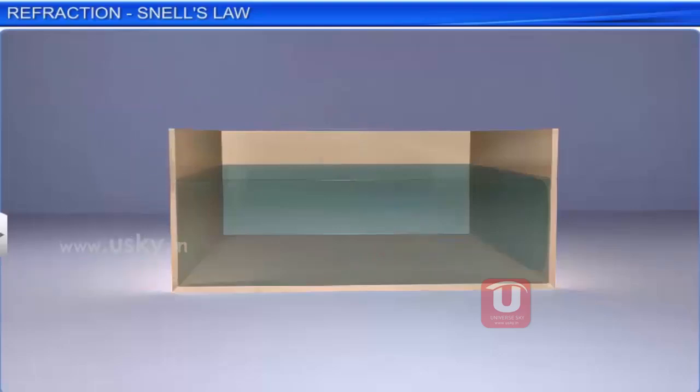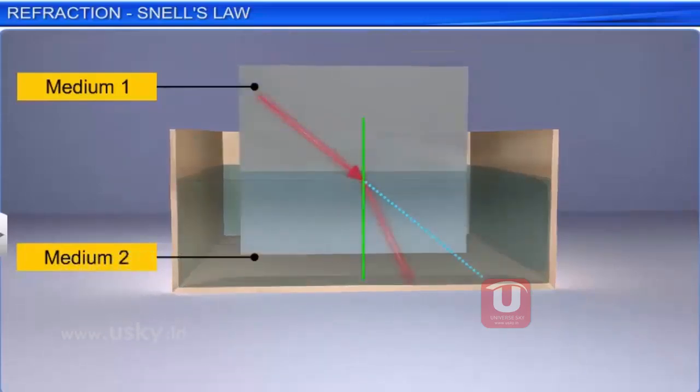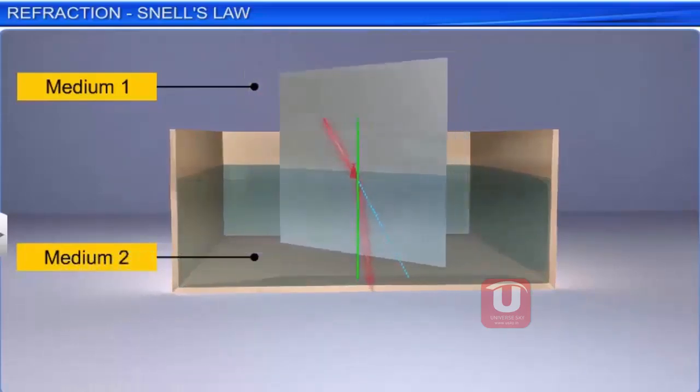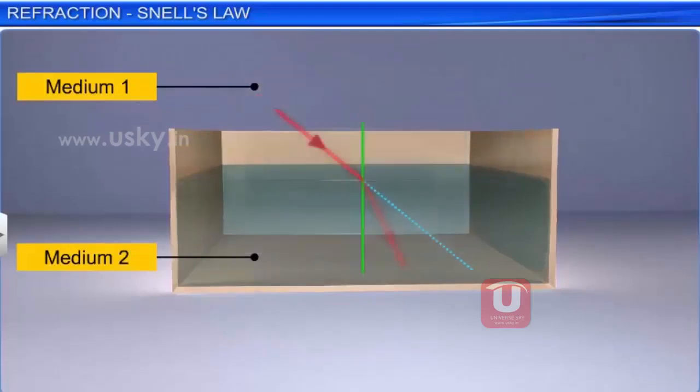The incident ray, the refracted ray, and the normal to the interface at the point of incidence all lie in the same plane. 2. For a given pair of media, the ratio of sine of the angle of incidence to sine of the angle of refraction